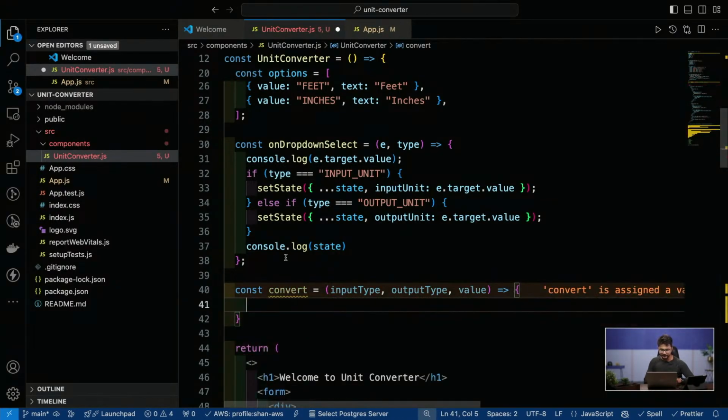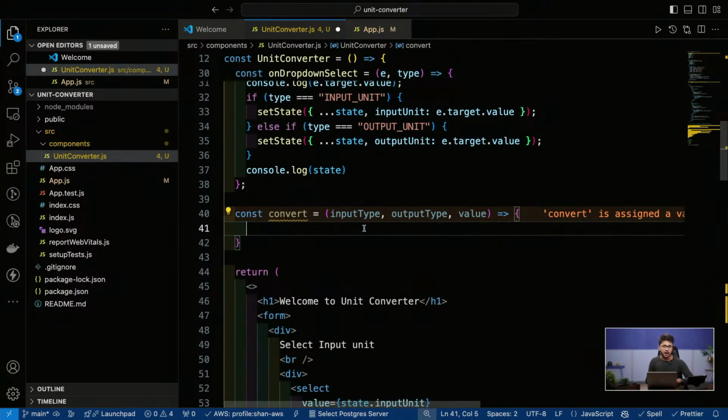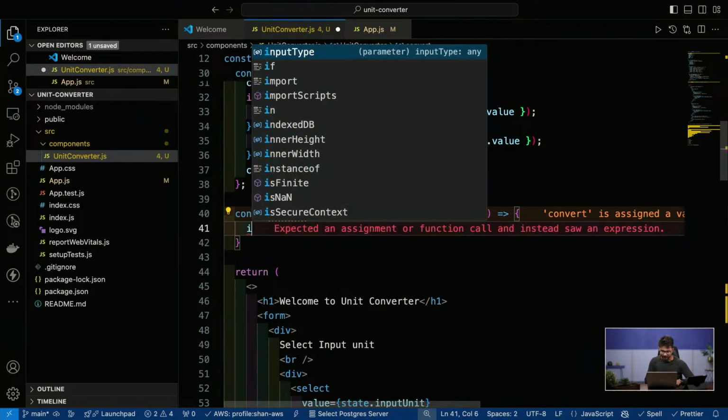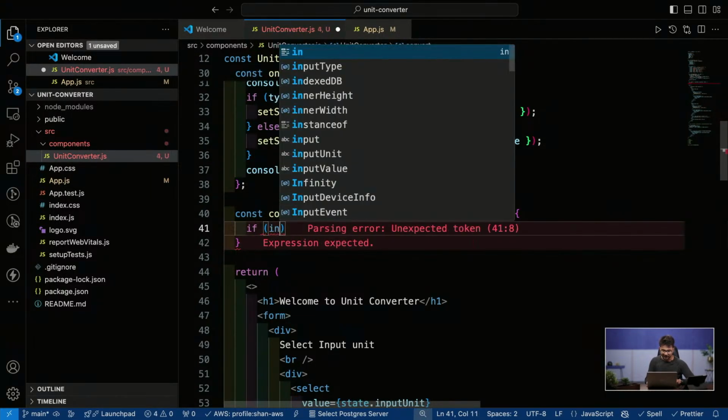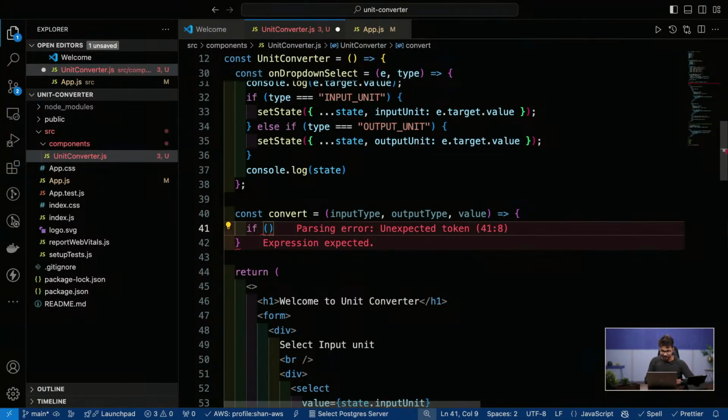Okay, these are the three things that it will take. So let's see how it is going to do the job. Okay, so we'll have to write some sort of condition. So if input,